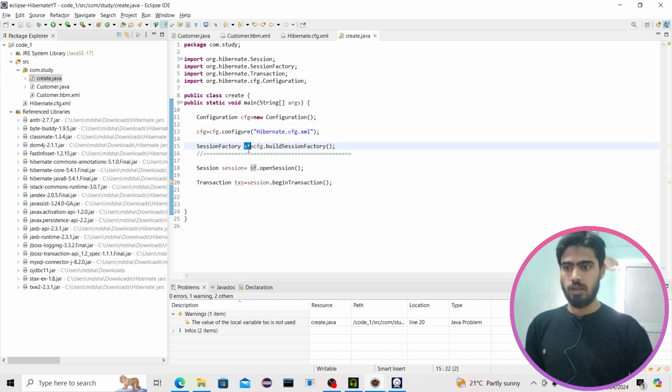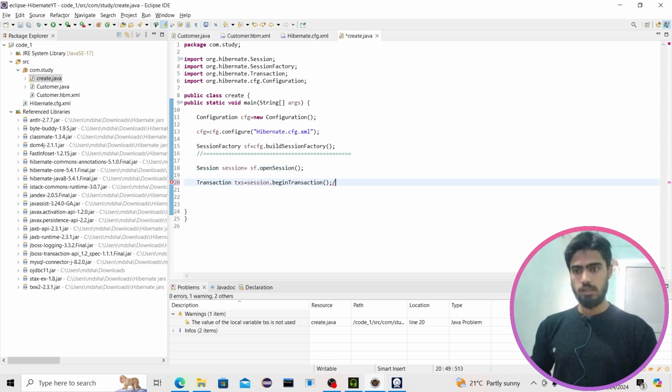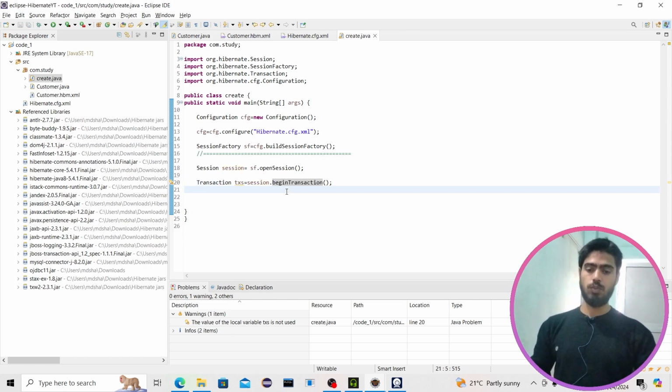With this same SF, the reference variable of the session factory object, we are opening this session, and with this session we are beginning the transaction. Begin transaction. Just understand the open session factory as it is. Remember this line, and in begin transaction, what is happening is that Hibernate is responsible to automatically insert the data inside